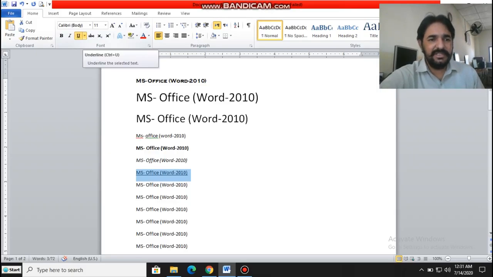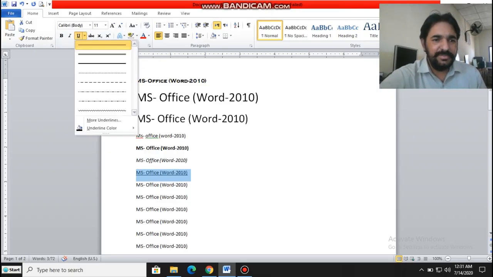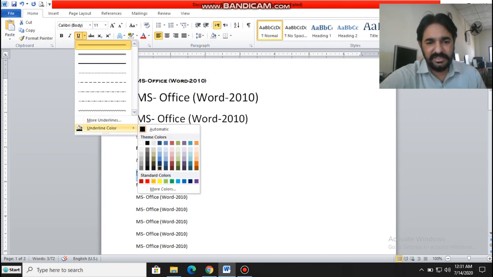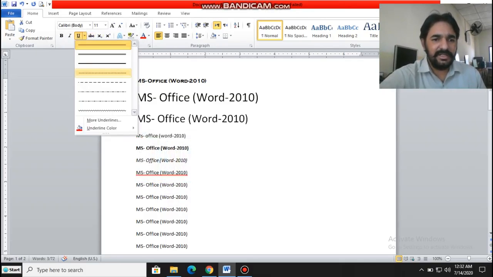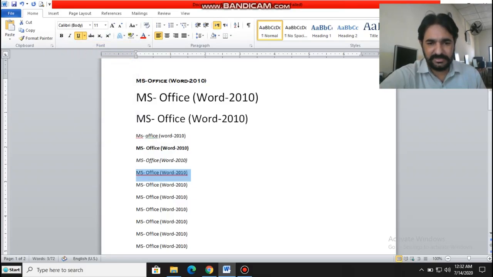Wherever you see this downward arrow, it means there are so many other functions. What kind of underline you want, and more underlines are there. Underline color is there. You can select any of them, and you can select underline style, depending on what you want.